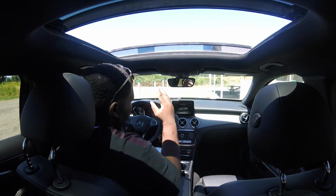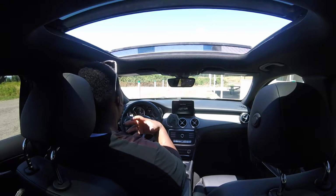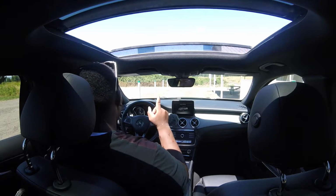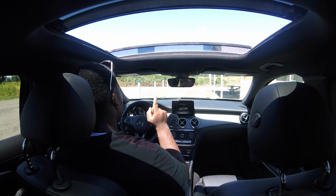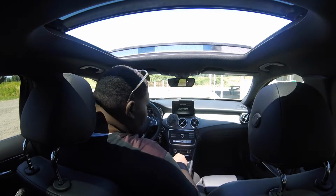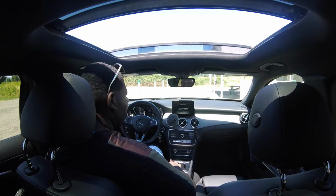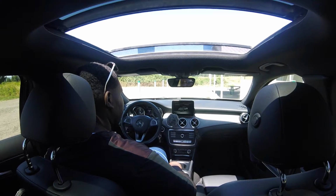All right, so I'm pretty comfortable in the car. You guys know I'm a big dude. I can get the seat low enough and far back enough, but there's a couple things that I don't like, and some people may have this problem, some people may not. Since I'm a big dude and I have stuff in my pocket, as you can see from this camera here, sometimes if I have something in my pocket, it changes